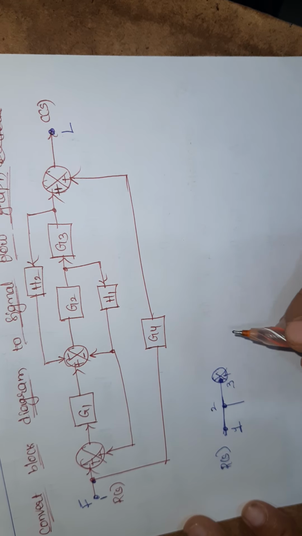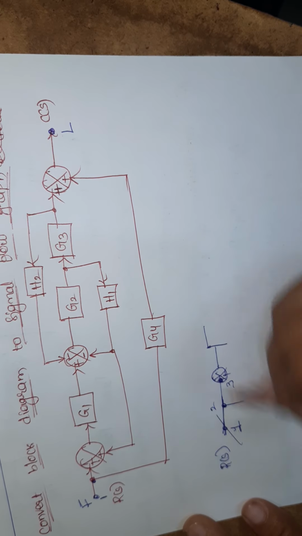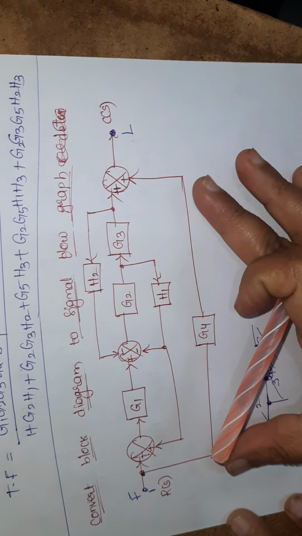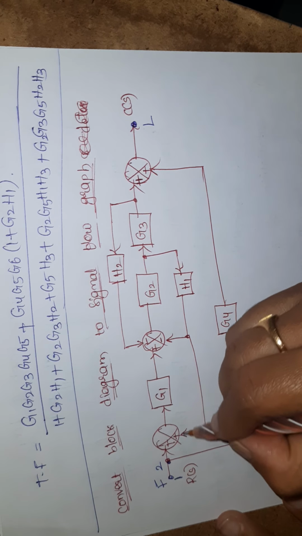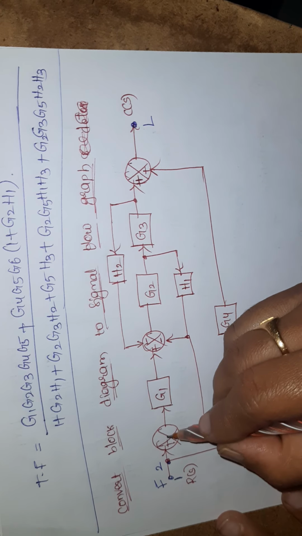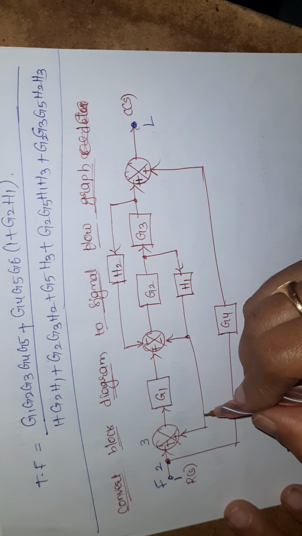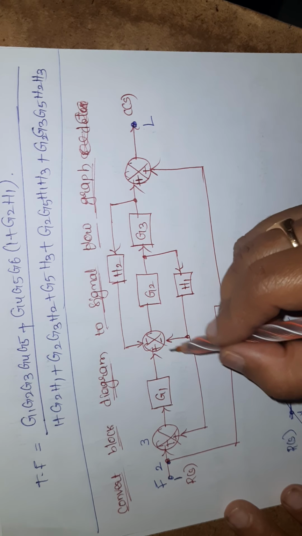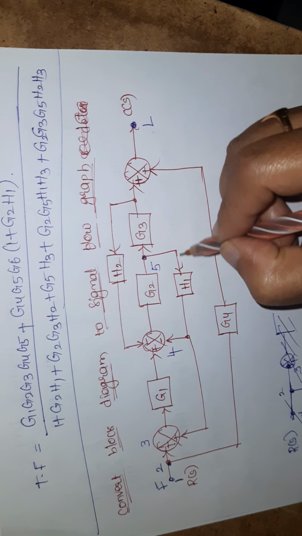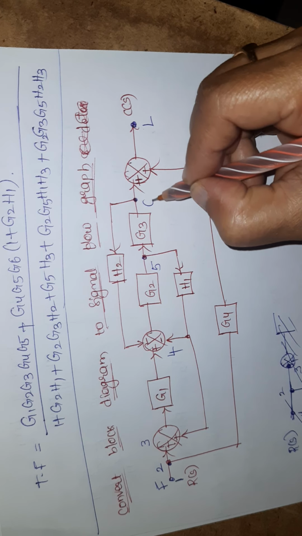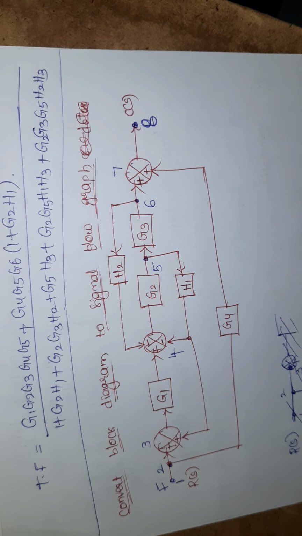Again I am drawing the block diagram. Next, or no need to draw this block diagram. See, first this is the given first one, second, and the summing point is acting as the third node, right? Next, this is the summing point, I have the fourth node. Next this one, the fifth branch point. Next this one, 6. Next this one, 7, and finally the last one is the 8th one.